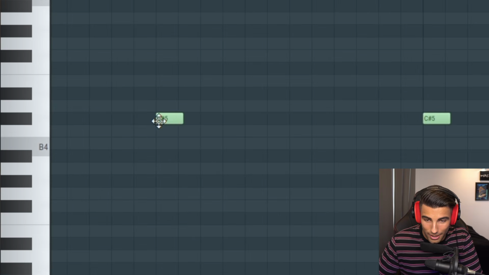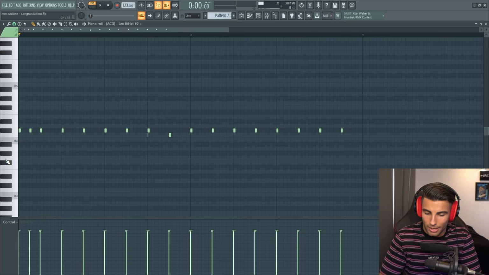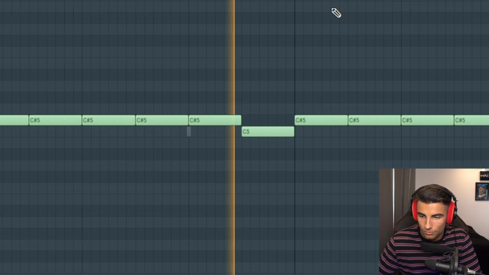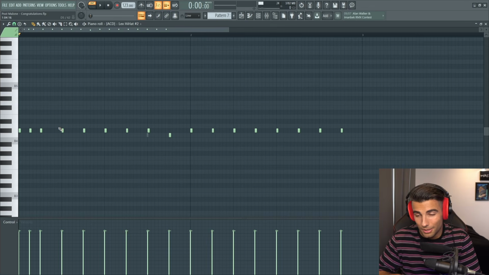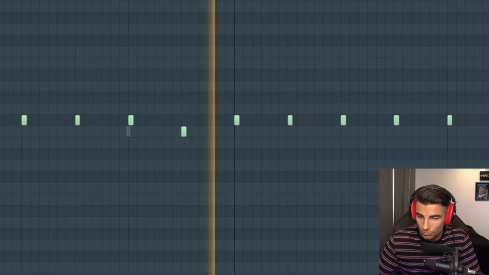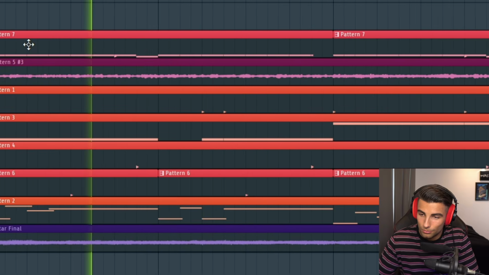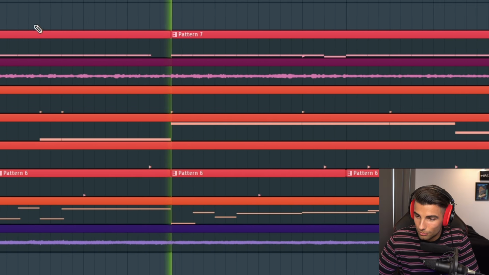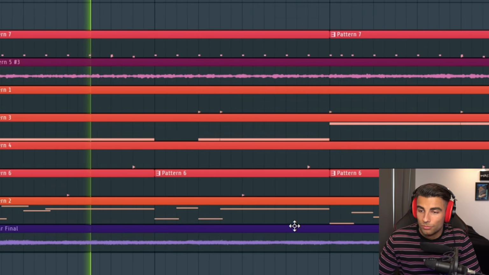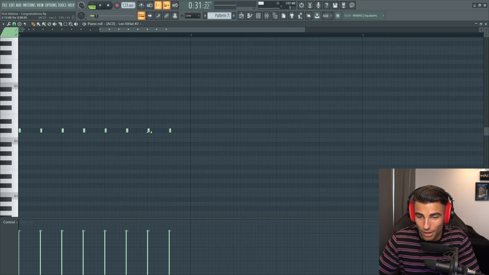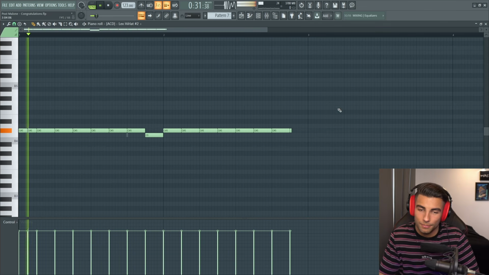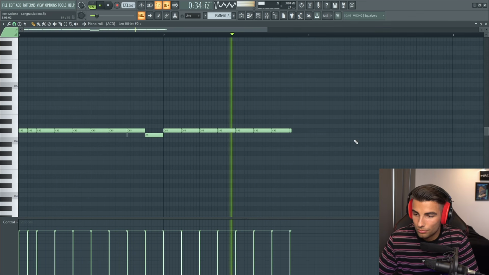What this is doing is cutting off the hi-hat at this point here. So if the hi-hats were normal length, it would sound like this. But when you shorten it down, it's going to sound like this. So when the hi-hat's stretched out, it's going to sound like this. But when you shorten it down, it does, in my opinion, sound a lot better. I feel like I just dropped so much sauce on you just then. Sauce! This trick makes a huge difference to the way your hi-hat sounds. So if we make it long again, versus shorter.